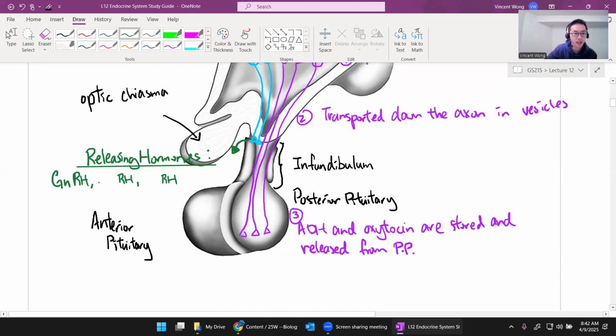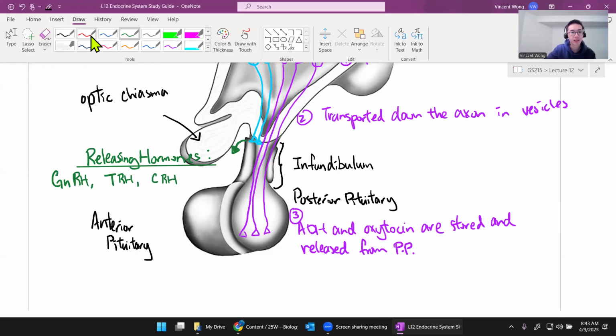This is GnRH, TRH, and CRH. GnRH is for reproductive system control. TRH, thyroid releasing hormone, is to control metabolism. And CRH is to help control resource management, stress related pathway, chronic stress. So these things will travel through a network of capillaries here, then they would go and affect the anterior